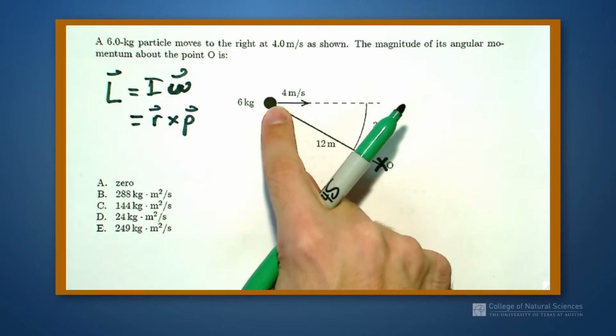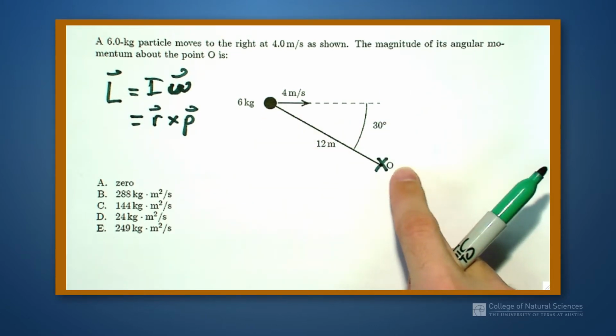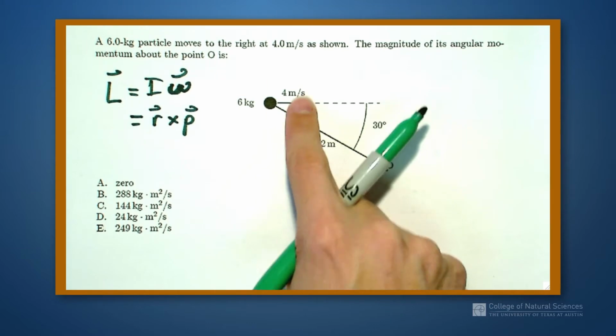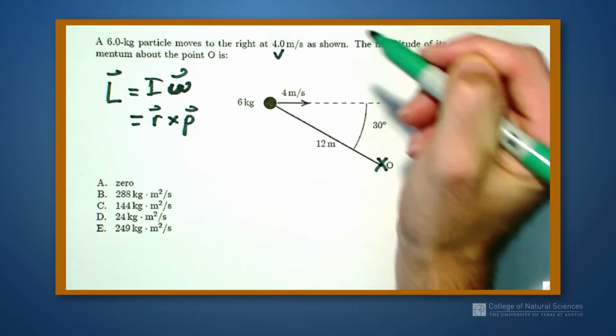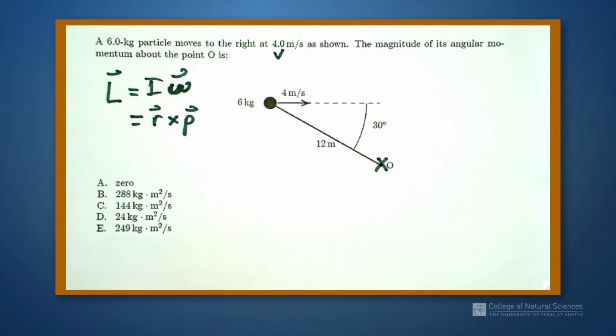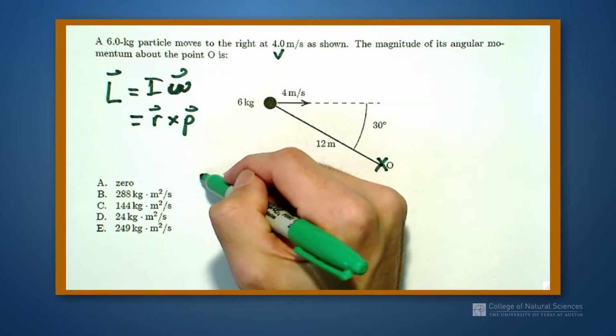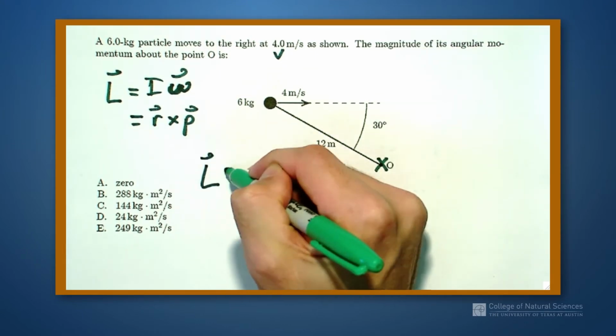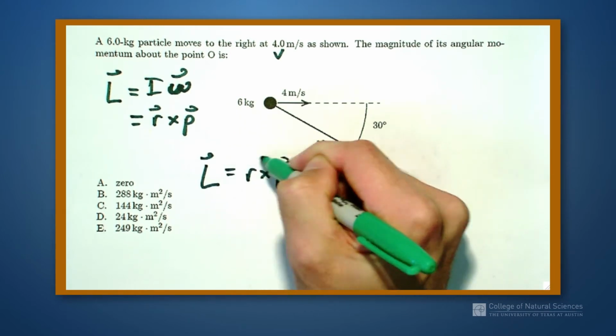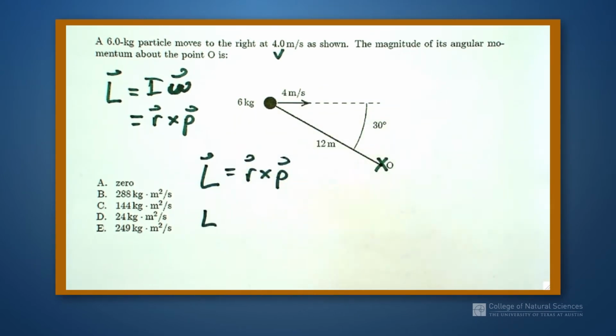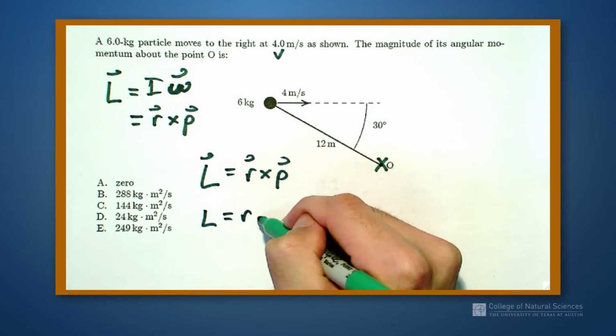So I look at this object. I don't know what its angular velocity is. They give me a regular velocity v. They don't give me an angular velocity. So I think I want to use this second equation. So L is equal to R cross P, which, if I actually just want the magnitude of this, it's RP